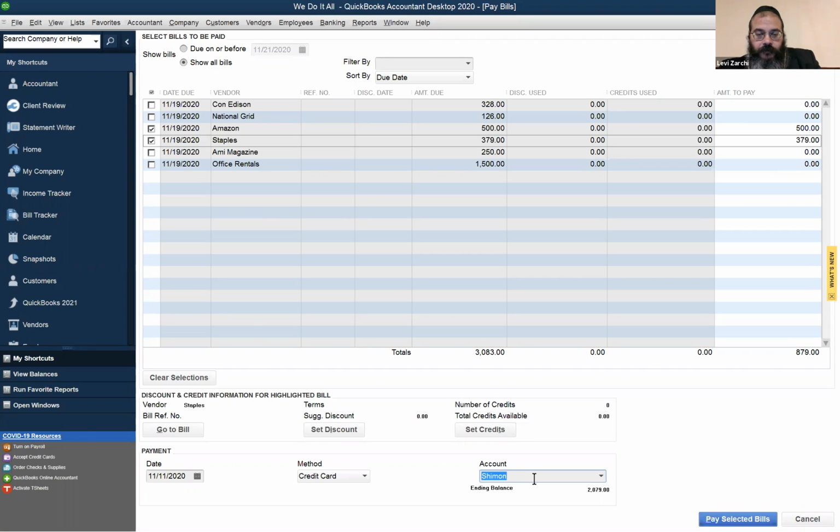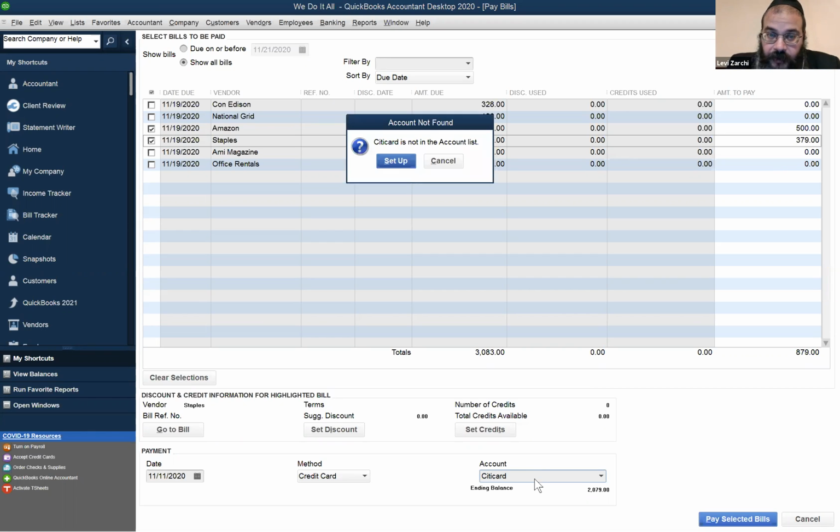So you don't have to go back to chart of accounts and create a new one. We know in QuickBooks, just by typing something new in a place where it's supposed to be account, it's going to prompt you to save it. So let's see. We're in the account. I overwrote Shimon and I write Citi Card. It could be one word, it could be 2 words. It's not really relevant right now, but if I'm going to press tab, it's going to say Citi Card is not in the account list. So when I press here setup, it's similar to